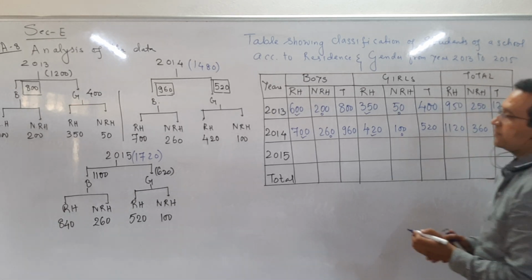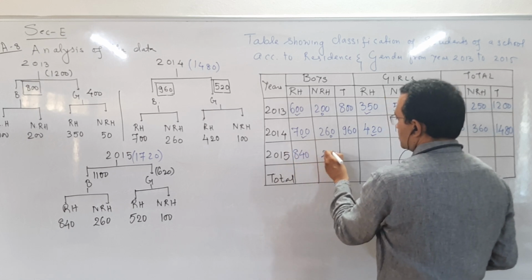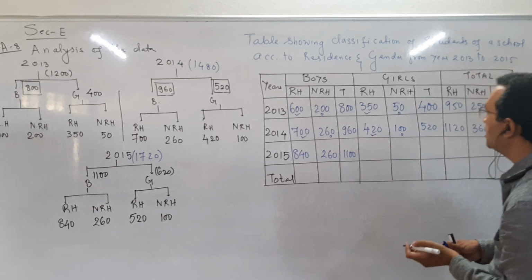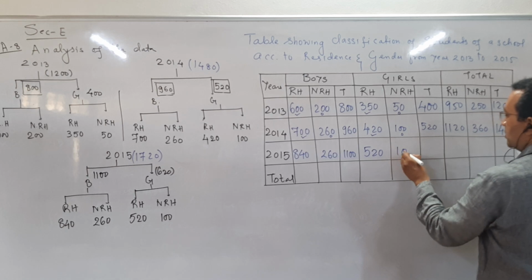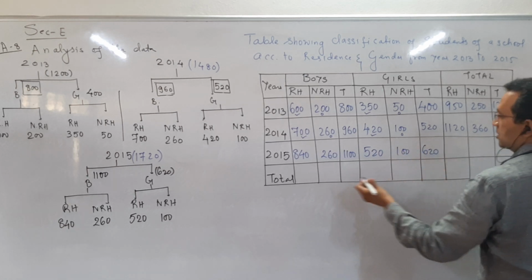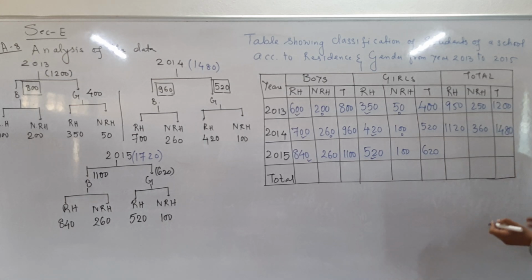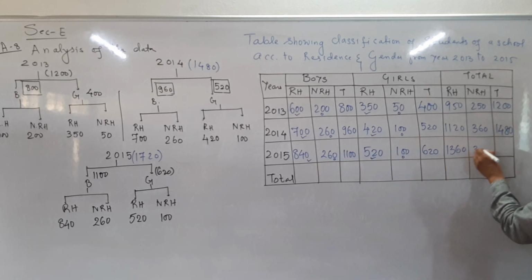Now 2015, residing was 850, not residing was 260, so total is 1100. Girls residing were 520, not residing 100, so 620. 840 plus 520, 1360, and 260 plus 100 is 360. Total will be